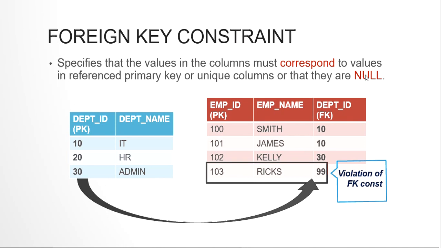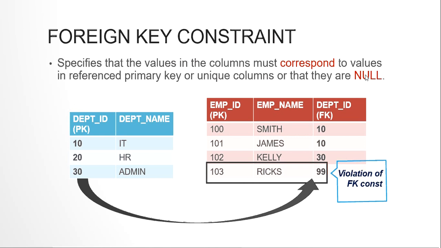So what are constraints? Constraints help us maintain data integrity and accuracy in our database, in our schemas. What constraints help us achieve is that no junk data is accumulated in our table over a course of time. Till now we have seen not null constraint, check constraint, unique key and primary key. This is the fifth and last one that I'm covering, that is foreign key constraint. If you want to look at all these previous constraints, you can check out the other videos that I have created.